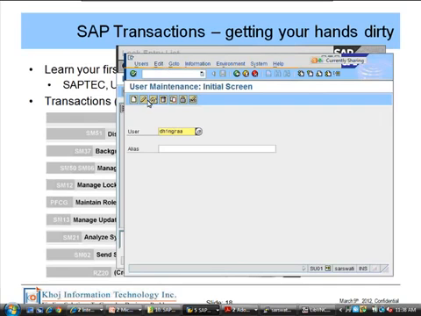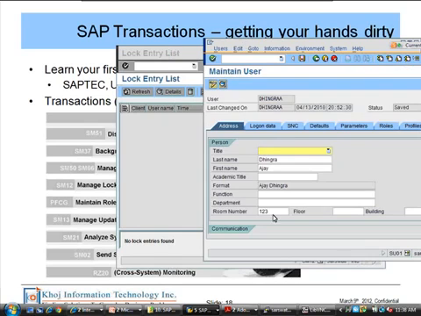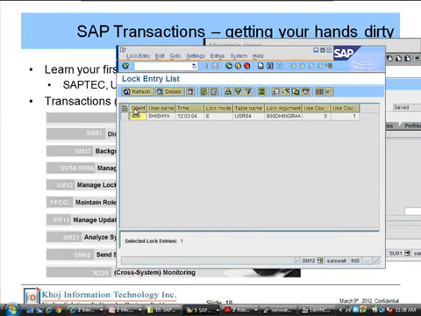If I say I want to change my user ID, I go into change mode. The moment I go into change mode, I should have gotten a lock. See, now there is a lock held, in exclusive mode, locking user Dhingra AA's record.